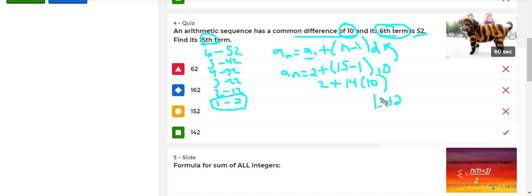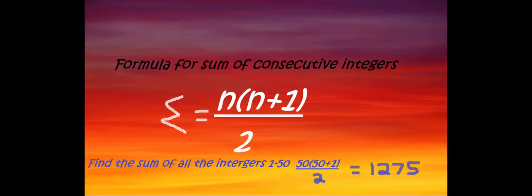And that's going to give you the green answer down here, 142. All right, on to this next batch of problems. It's the formula for the sum of consecutive integers. Sigma equals n times n plus 1 divided by 2. If the problem asks you to find the sum of all integers 1 through 50,